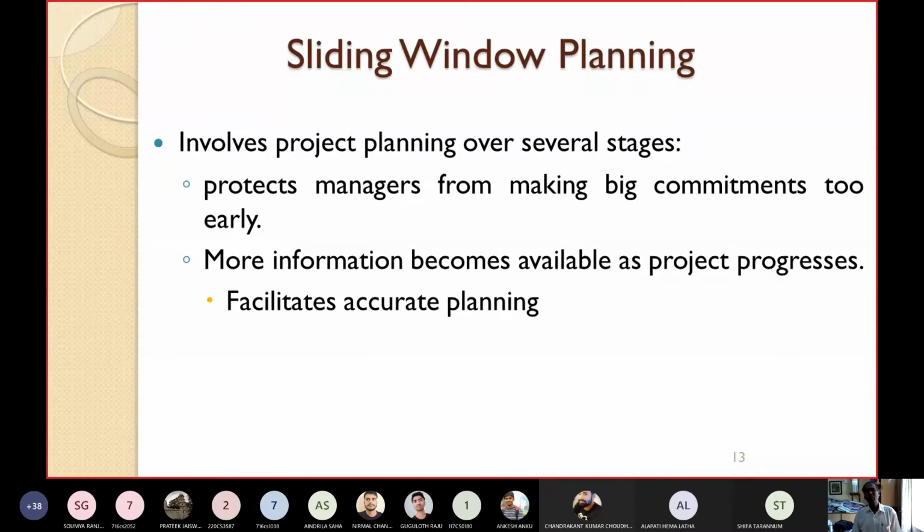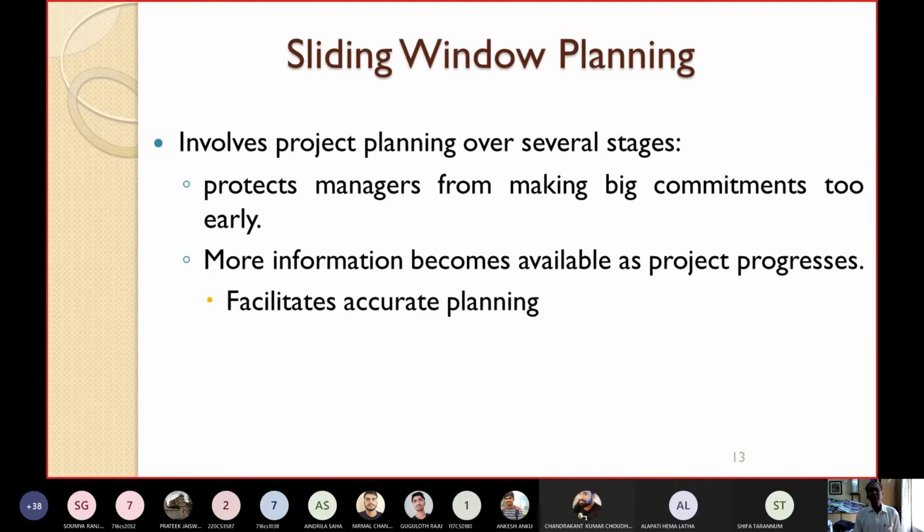In the 3rd month, again review the plan. Again modify if required. So you have to make the plan in an incremental fashion, in the fashion of sliding. That will give you more accurate planning, because you are taking the up-to-date information into account, and your plan will be more proper and more accurate. This planning is known as sliding window planning. Just like the plan is moving, sliding, instead of making a single plan for the whole project at once.